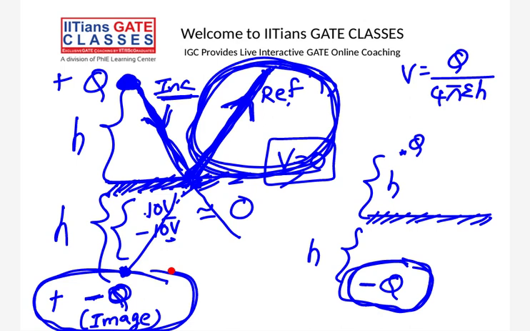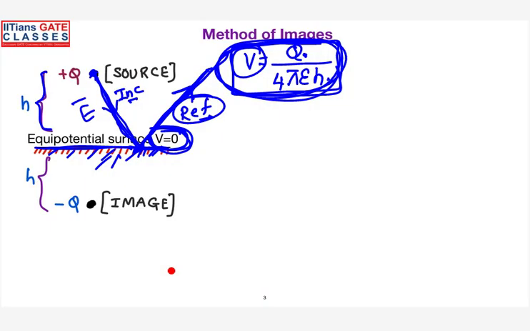So this is a very, very important topic actually. Yes, there are so many questions that have been asked in GATE based on this topic. So that is the reason why you can see here, the moment any charge has been placed at a distance of height h from a ground plane, the amount of the reflected wave is contributed by taking an imaginary source, or you can say the image source, of same magnitude with opposite polarity. So that is basically called your method of images.